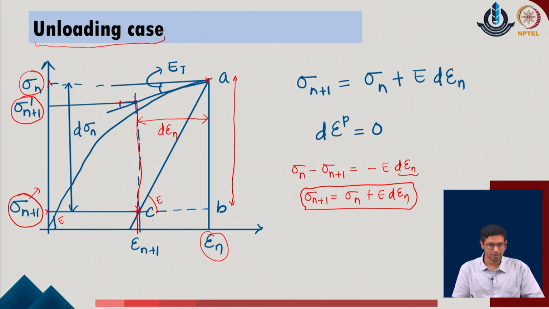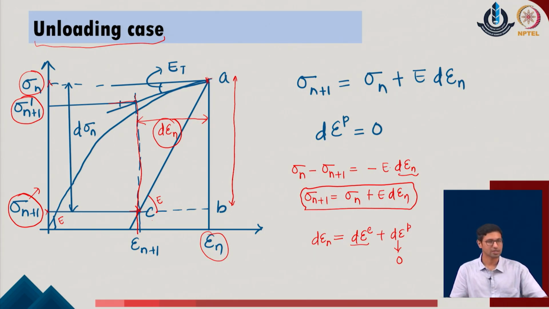But we also realize that the decrease in the stress level with the unloading profile will not result in any change in the plastic strain parameter, or any contribution to the plastic strain parameter of the given system. This means that the total contribution of d epsilon n obtained in the system corresponds to the elastic parameter, whereas the plastic parameter in the given system is completely 0, as the recovery of the unloading profile results in a complete elastic recovery in the given system.